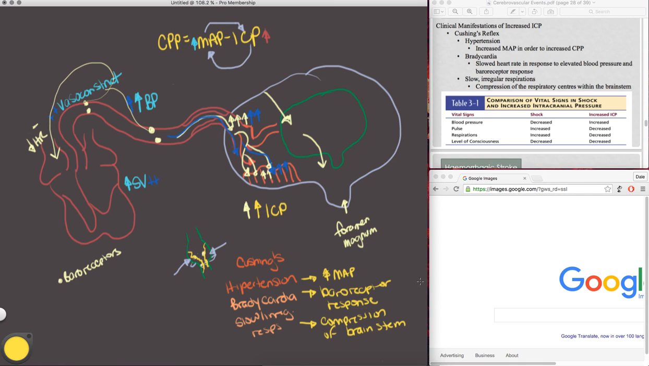The signs and symptoms related to that are, again, usually called Cushing's reflex, and we're going to see things like the hypertension from the increasing MAP. We're going to see bradycardia because of a baroreceptor reflex when we recognize this increasing blood pressure. We see slow, irregular respirations because this patient is going to have compression and damage to the pontine centers within the brain, which are responsible for things like rate and depth of breathing. And then other associated symptoms are things like nausea, blown pupils, that are again related to compression of that area